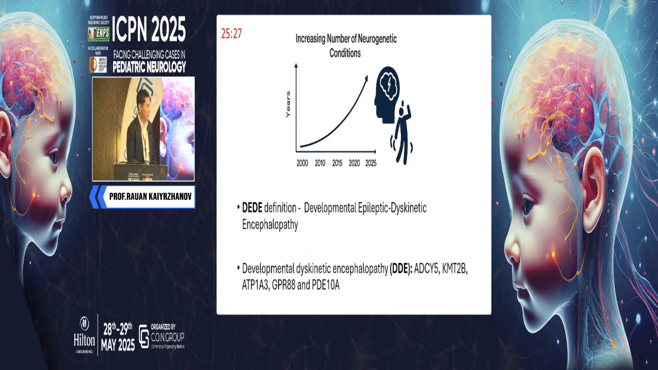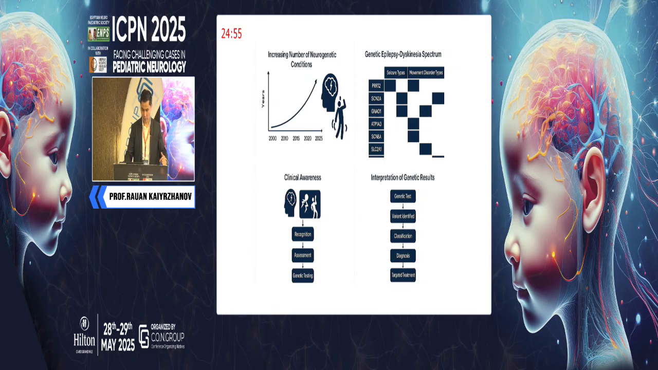Hence, DEEs are further subclassified into DEDs, which stands for developmental epileptic dyskinetic encephalopathy, meaning that patients will have a DEE and a movement disorder. So it's very difficult to treat these conditions. Whereas there is another term, developmental dyskinetic encephalopathies, DDEs, and we know that genes like ADCY5, KMT2B, ATP1A3, PDE10A present with developmental delay and movement abnormalities, and seizures might not be a major problem, and they can be treatable in this category. Overall,